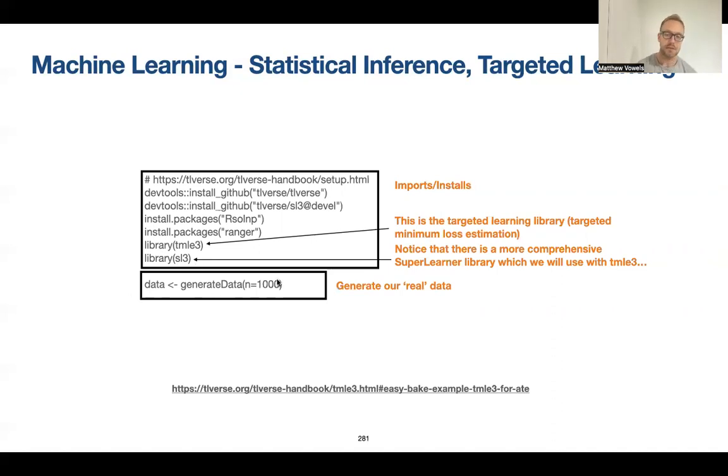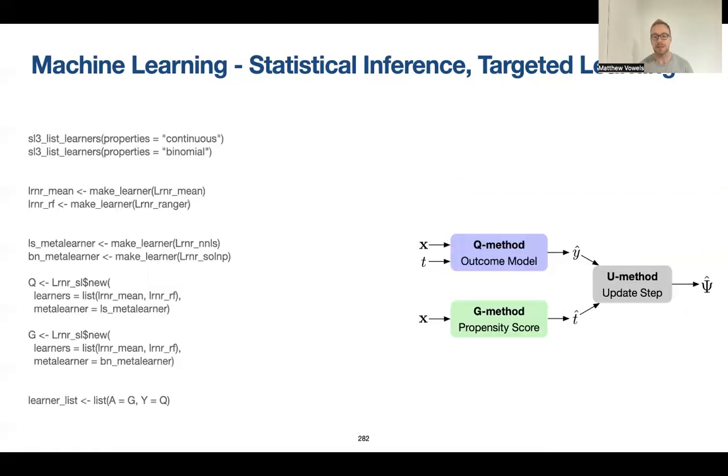So we're going to use TMLE3 and SL3. We're going to generate these data again, but only with 1,000 data points rather than 100,000, whatever it was. And then the first thing to do is to specify these models, the Q method and the G method. And this is really concerning the superlearner process. We're dealing with superlearner first, what we're going to use to estimate these key components, and then we'll consider how we do the update step